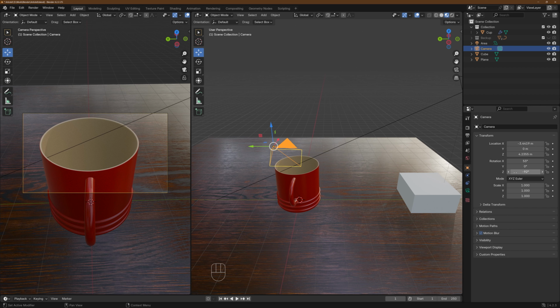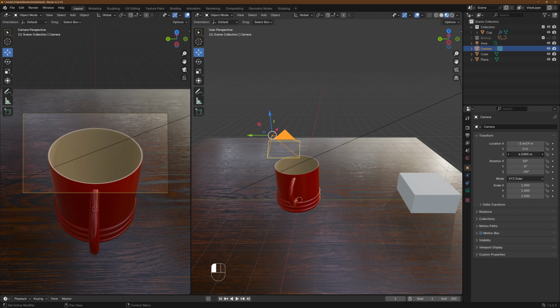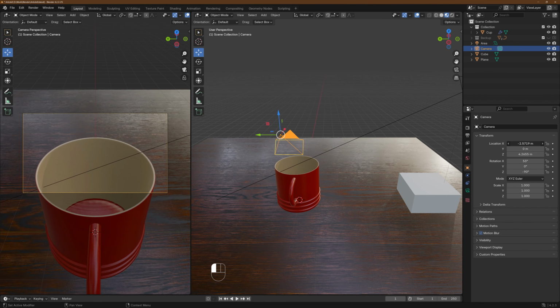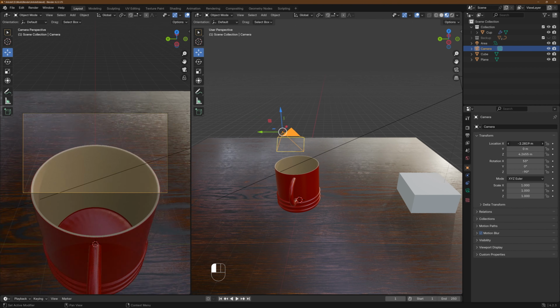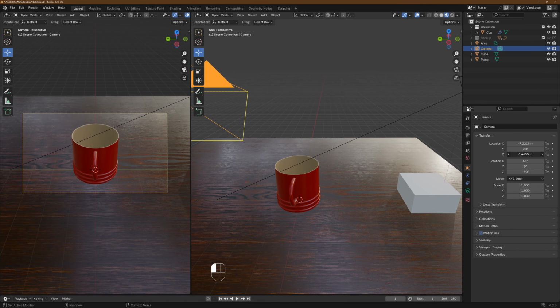camera, let's do this on -90. We're kind of framing our camera to look at our object, which is our mug. So you can see we've done the rotation. Let's go ahead and mess with the location. So I'm just going to adjust the x-axis. I'm going to mess with the x-axis and maybe give a little bit of distance to our